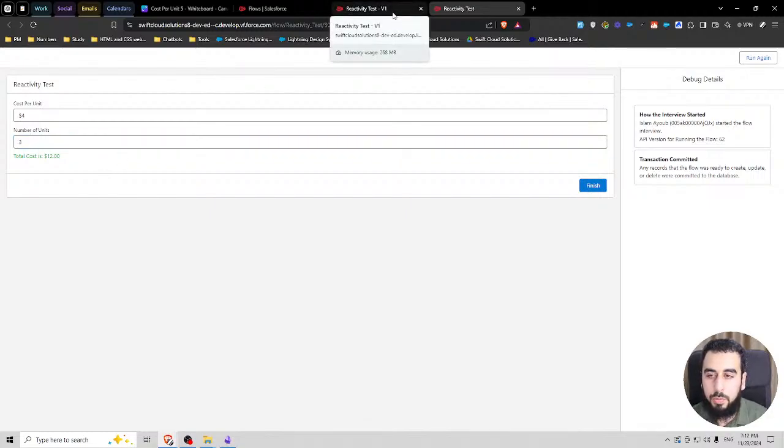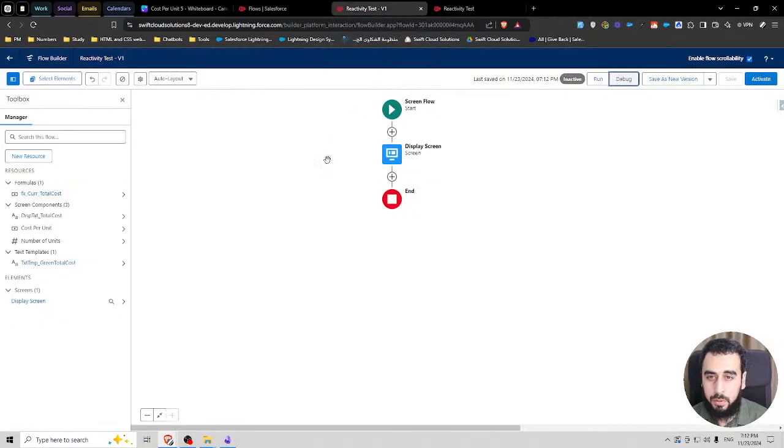Now we need it to be green when it is greater than 0 and red when it's less than 0, for example. Let's see where we can add that. So basically it's conditional. I could probably use 2 text templates and make them appear or disappear based on the output from the formula. Let's try that first and keep thinking while we're doing that.